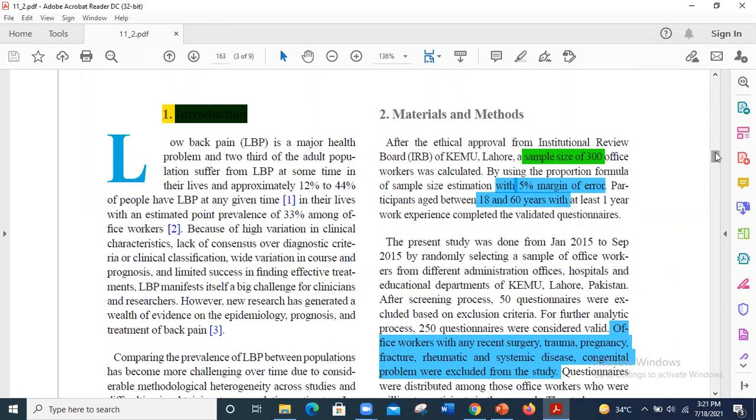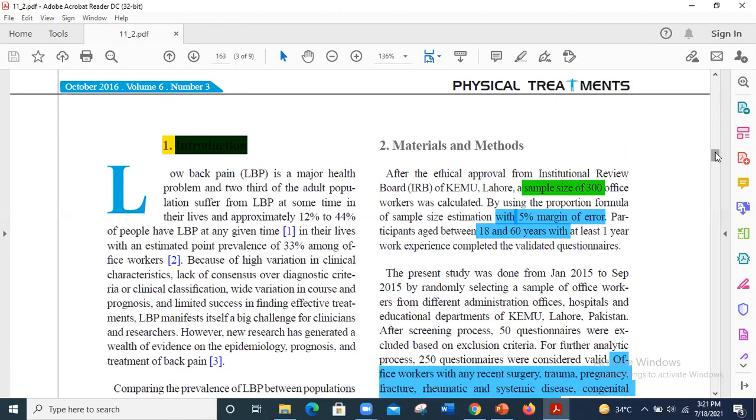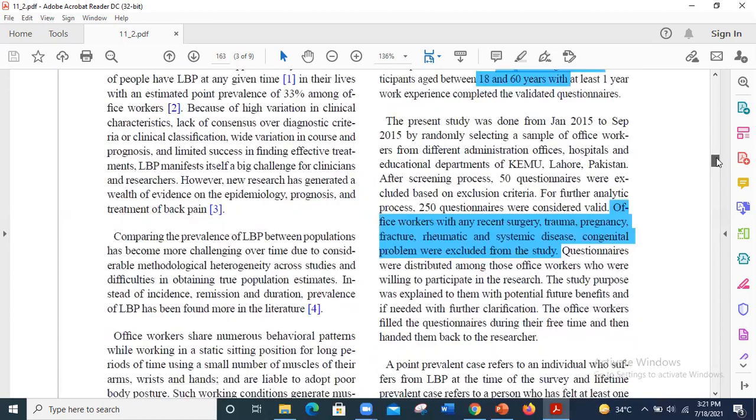The next portion will be on the prevalence of the problem. Okay, why prevalence of the problem? Prevalence of the problem basically depicts the importance of your problem, that how much percentage of the population is suffering from this typical problem. So it will help you out in strengthening your research. Next you will explain the rest of the things.